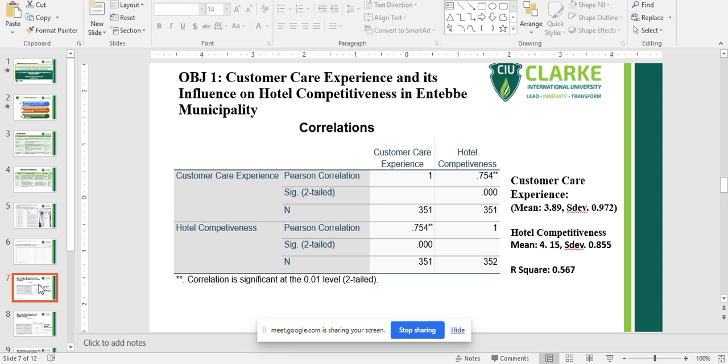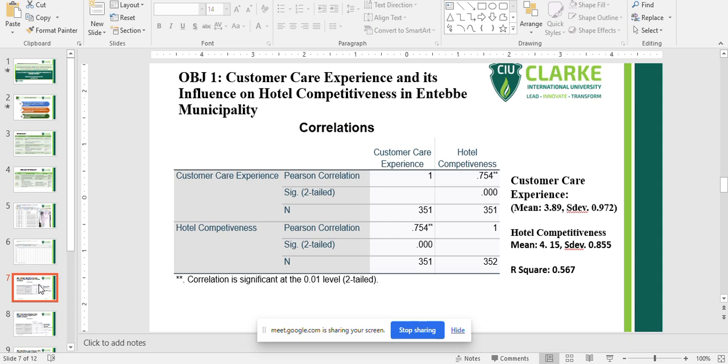Okay. So from objective one, which was to examine the influence of customer care experience on hotel competitiveness in Entebbe municipality, these were correlating the descriptive statistics from customer care experience and hotel competitiveness. When this correlation was run, a Pearson correlation coefficient R of 0.754 was obtained,